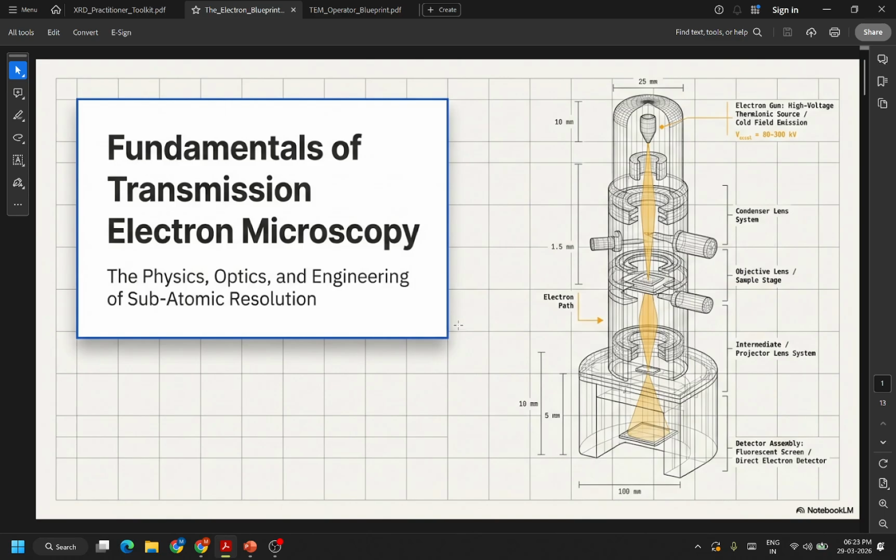Then we come to TEM, transmission electron microscopy. All the basics of TEM are the same as the basics of SEM, the electron microscope, because it's also electron microscopy. SEM is also electron microscopy, so the initial basics are the same. Just the difference comes